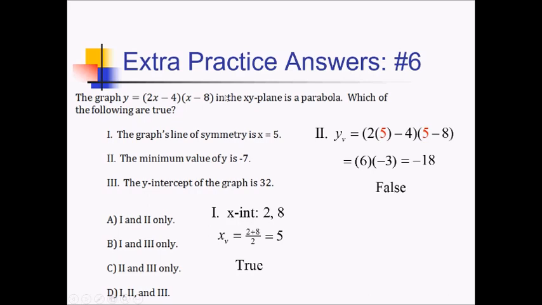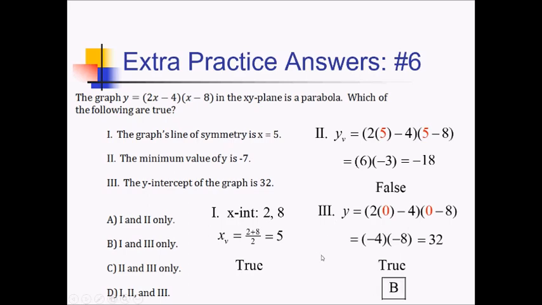Another way you could do it is just plug 0 in for x directly into the equation, because the y-intercept happens where x equals 0. Because on the y-axis, that's an x value of 0. So if I plug 0 into the original, this ends up being negative 4 times negative 8, which again is 32. So this is a true statement, which means that statements 1 and 3 were true, which means choice B